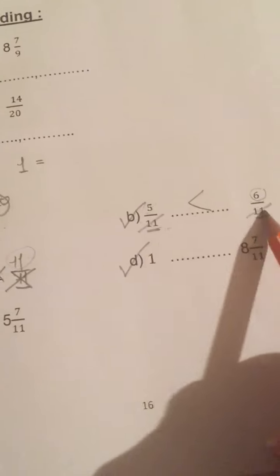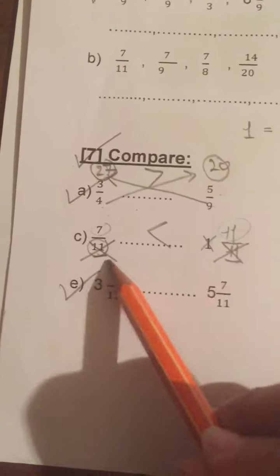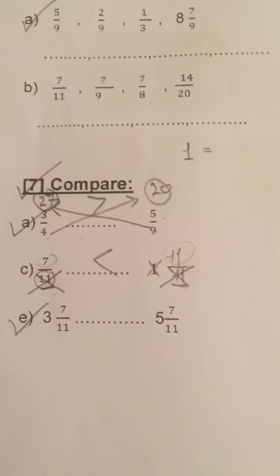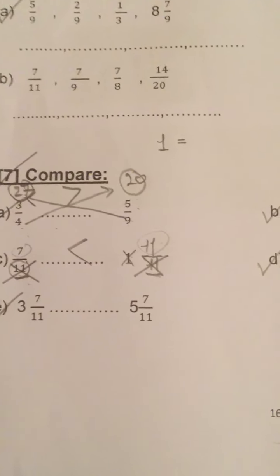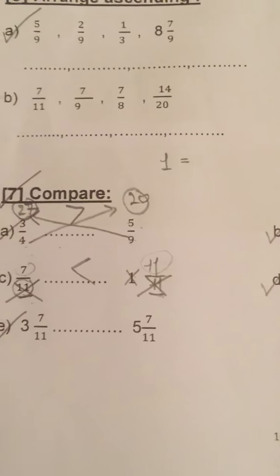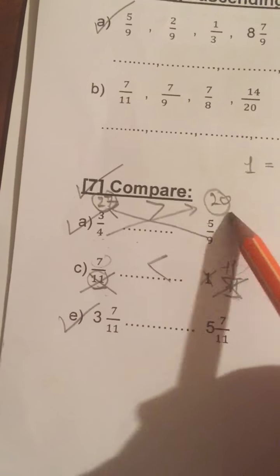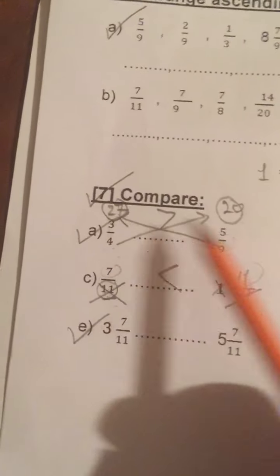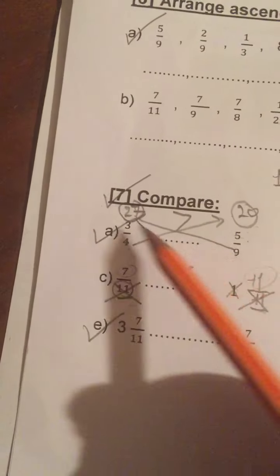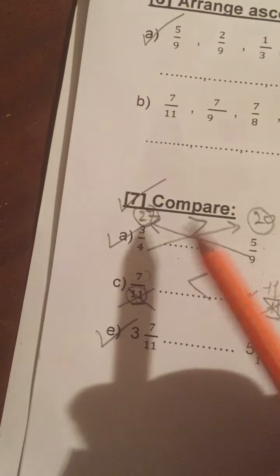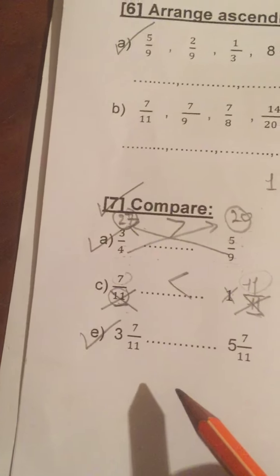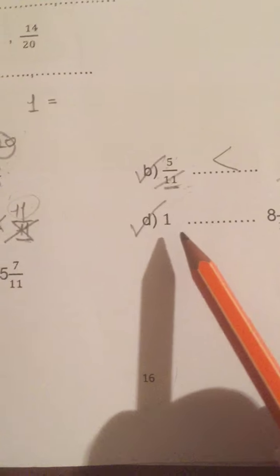So if the denominators are the same, like here and there, I call them kind fractions. Cross the denominators, the big is going to be big and the small is going to be small. But if the denominators are totally different and the numerators are totally different, I'm going to make scissors. 9 times 3 equals 27, and 4 times 5 equals 20. Here